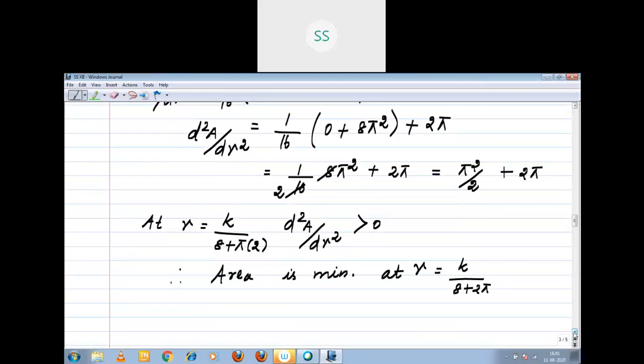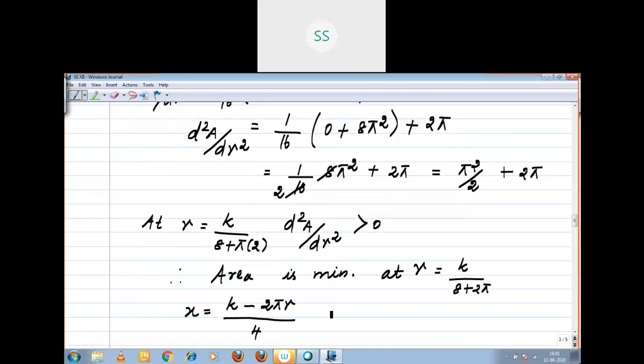One more thing we want to prove, right? Which one you want to prove? The side equal to 2 times radius. Right? What is your x? x is equal to k minus 2 pi r divided by 4. This is your x. Already we got, right? Now we are going to apply the r value.